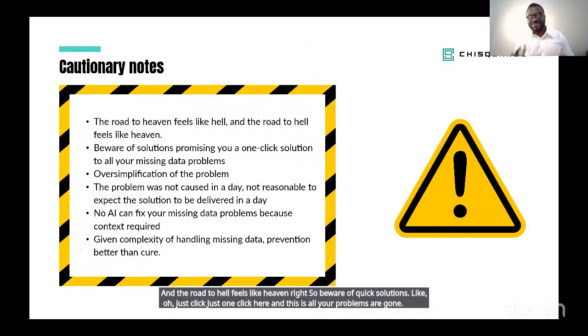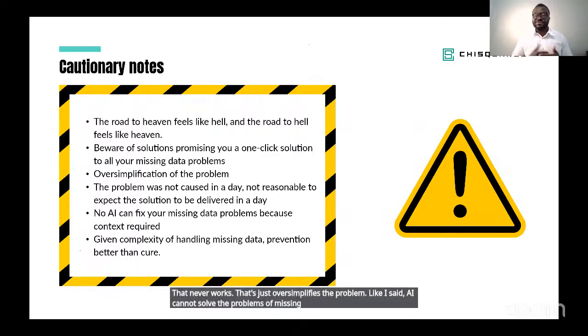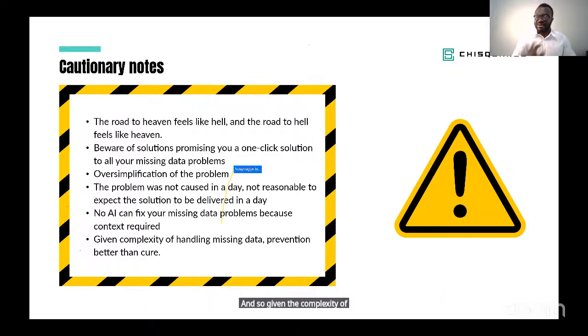That never works. That just oversimplifies the problem. And like I said, AI cannot solve the problems of missingness because you require strong knowledge bases for the context, and you need common sense, which is something that AI doesn't have. And so, given the complexity of this, it is obviously clear that we need to focus on prevention rather than